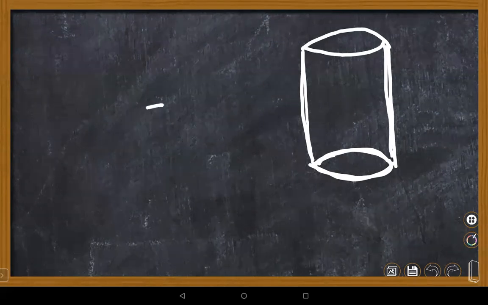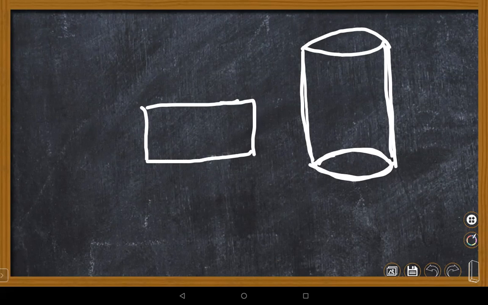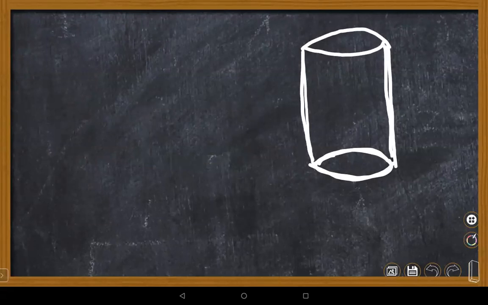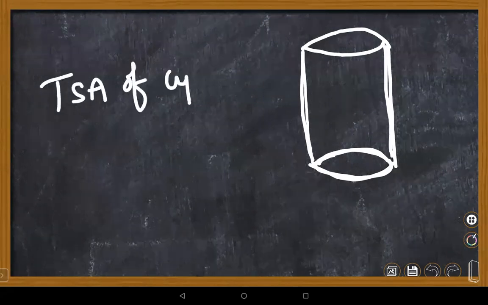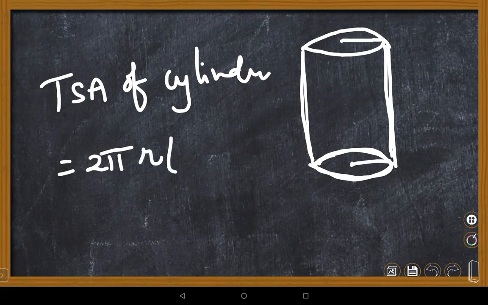If you remove the circular shape and dissect that figure, you will get a rectangle shape only, children. It is quite a rectangle shape only. But how will I help you right now? What is the TSA of a cylinder? The total surface area of a cylinder is, yes, children, 2 pi, 2 pi in bracket R plus.